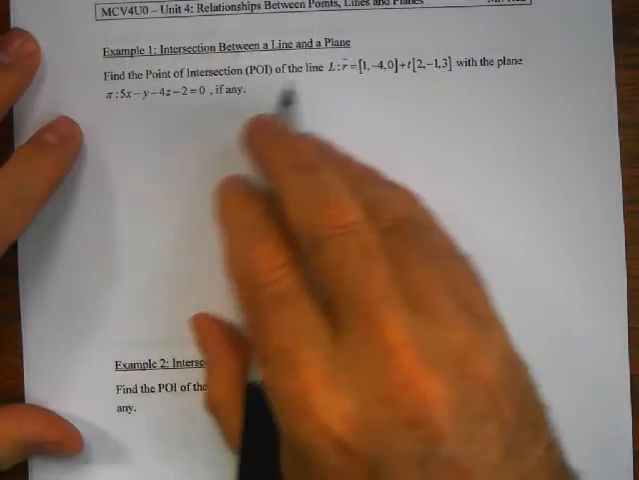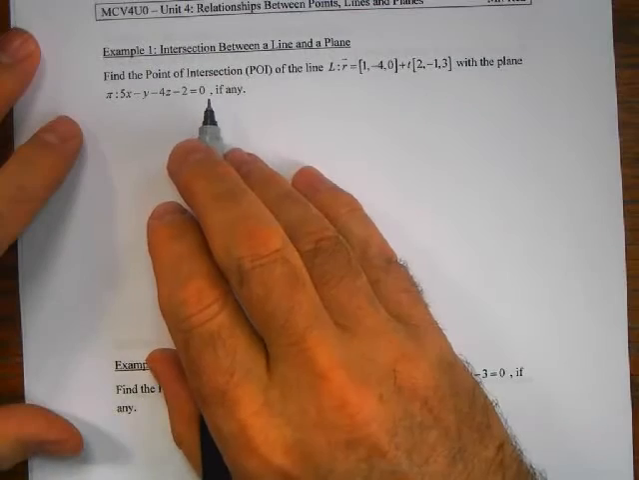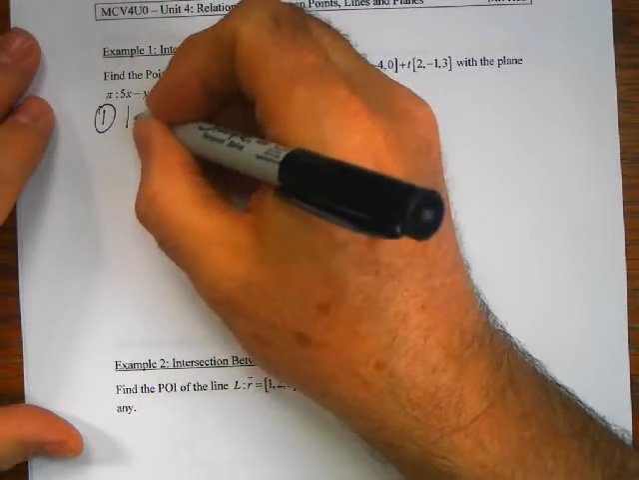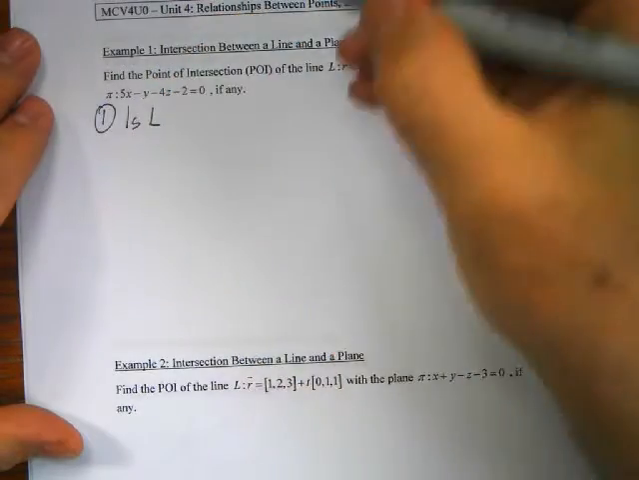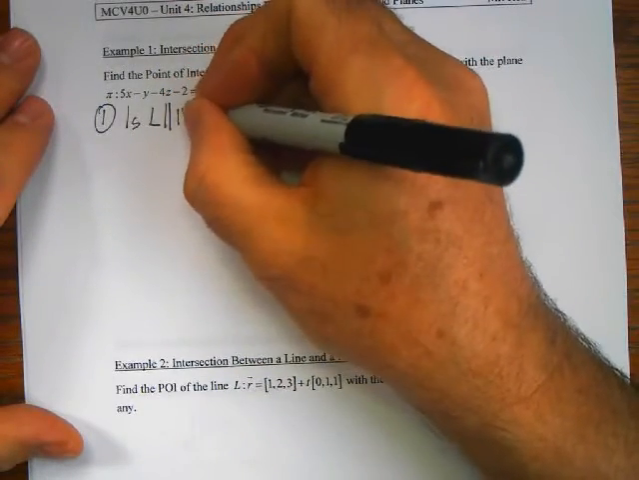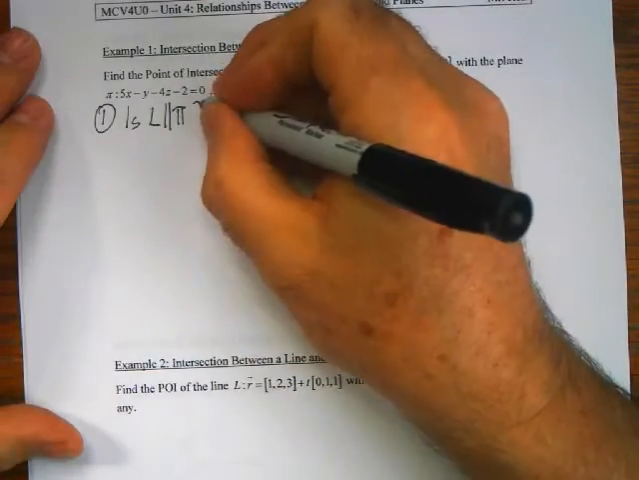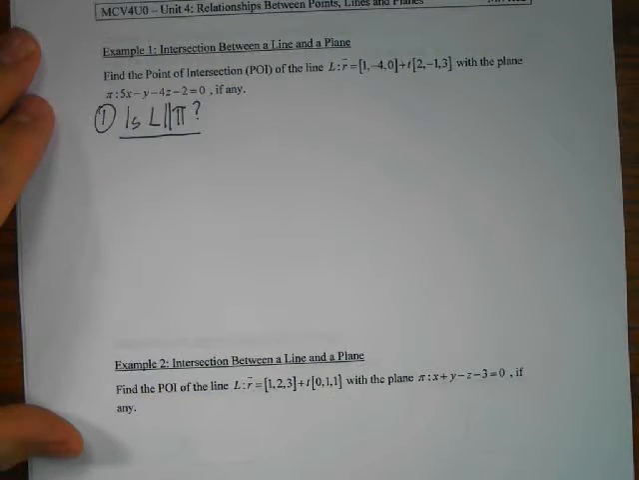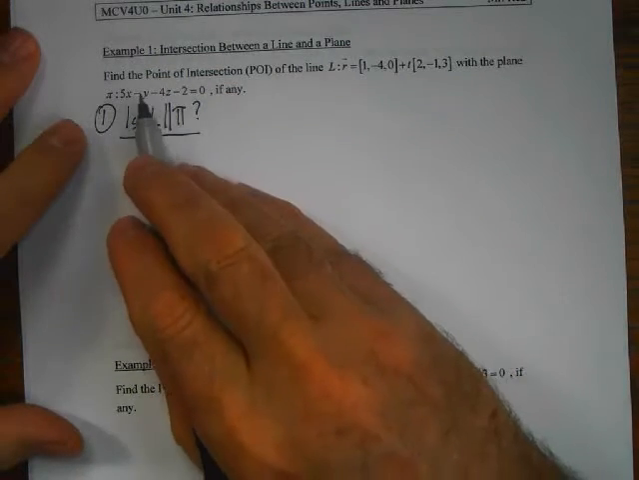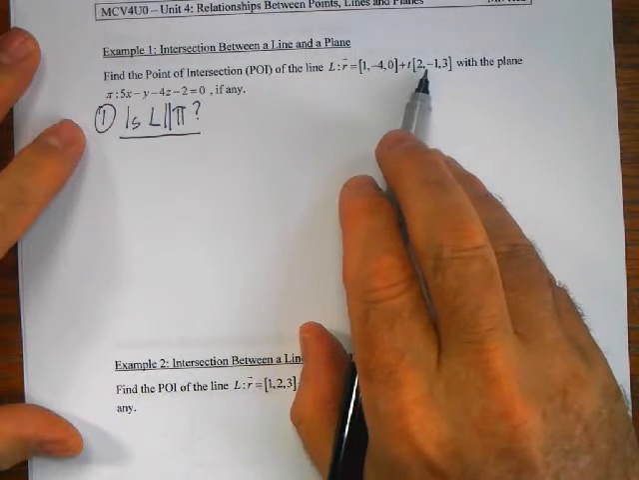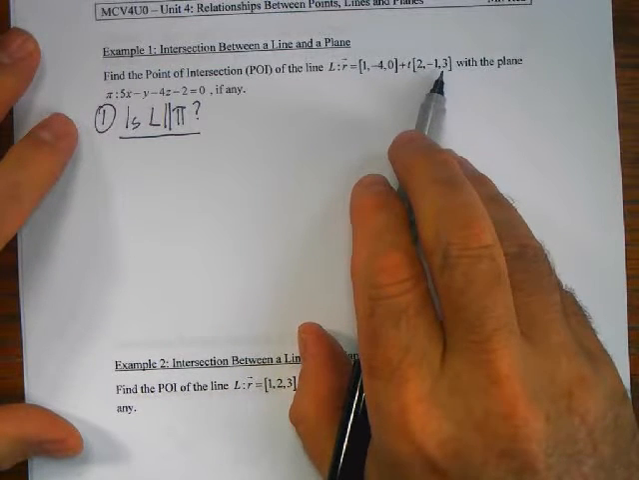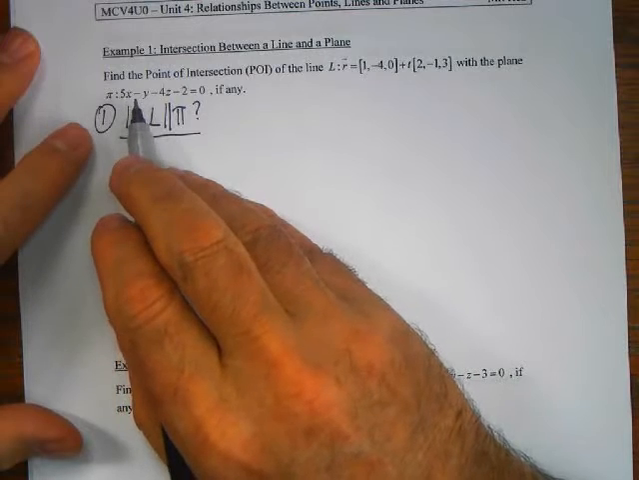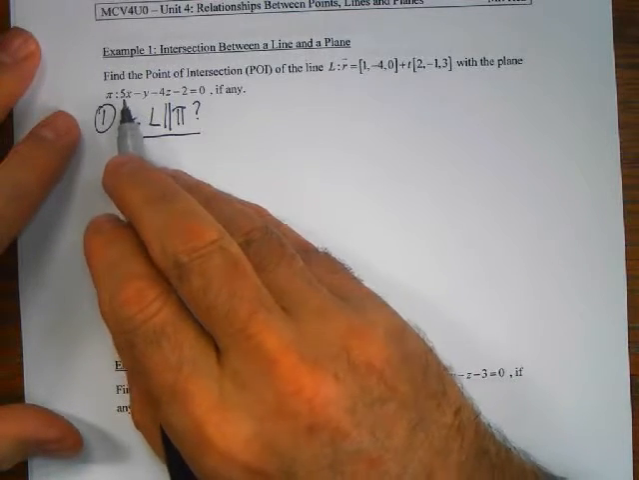I'm going to compare whether these two things are parallel to each other or not. So the first check I'm going to do is, is the line L parallel to pi? That's the short form to ask the question, are the line and the plane parallel? Notice in this case, we've got the direction vector of the line, and we have the normal for the plane because it's in